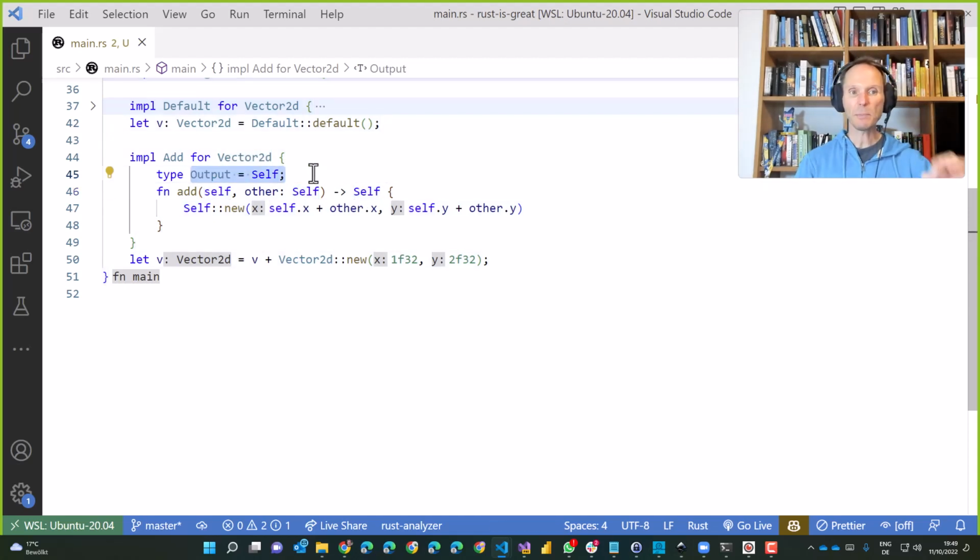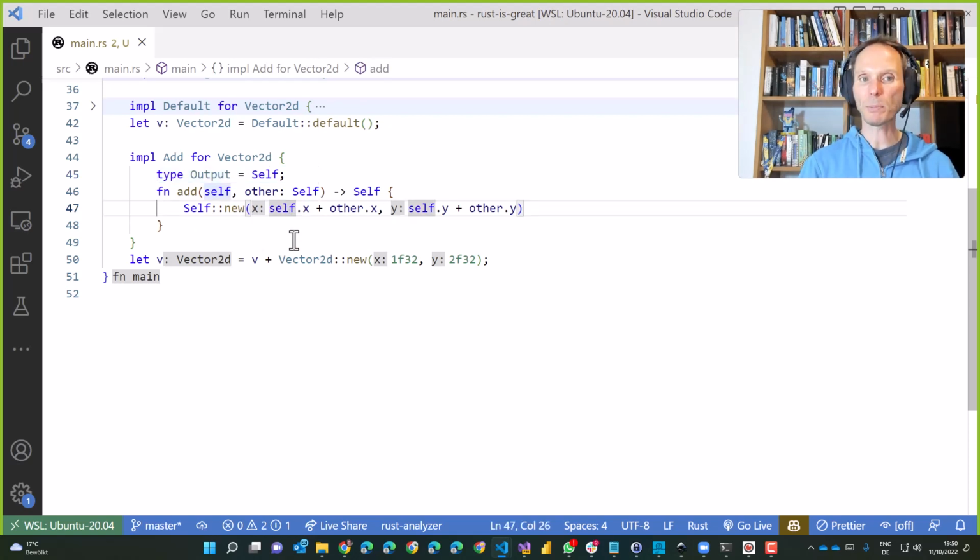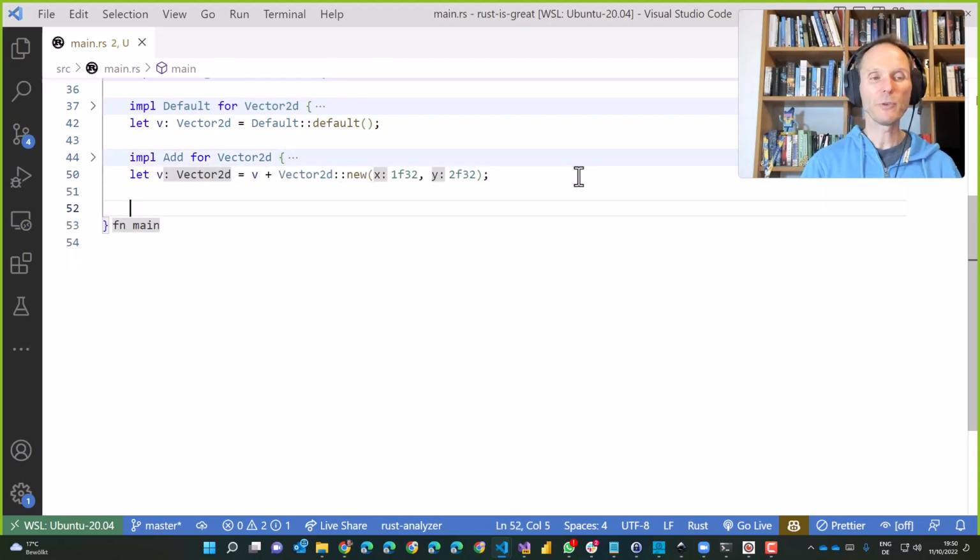So named type parameters for traits is very important, and you will see Rust using that very extensively, especially when it comes to iterators. It's kind of a strange syntax. In C# we would add generics here, but in Rust this is more explicit. We really can define something that is very special. I can write documentation for it, so it's more expressive than what we have in C#. So type parameters for traits here. But yeah, takeaway, please: if you want to change the behavior of Rust, of default, of plus, of minus, operator overloading, everything is based on